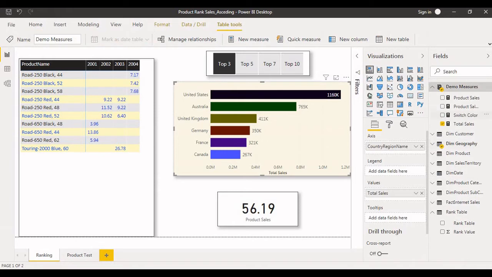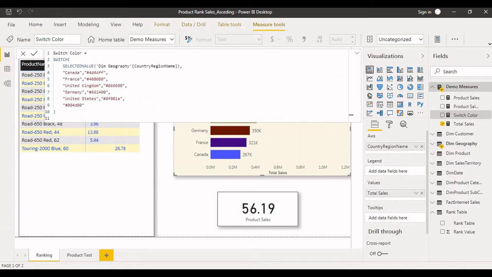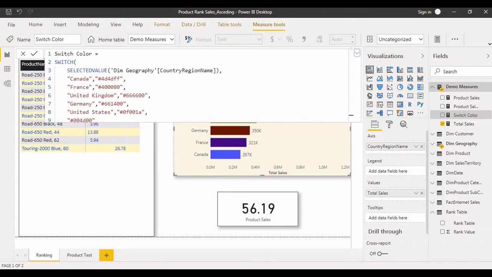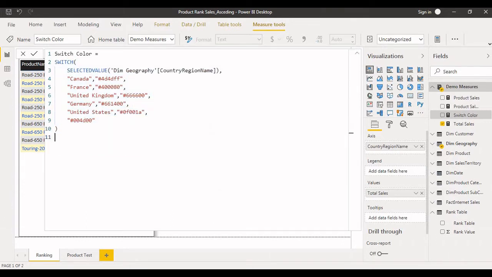Switch color. Let me zoom in. Here, using a switch expression, I have written that based on the selected country, if the country region name is Canada, display this color, France this color, United Kingdom this color, Germany this color.